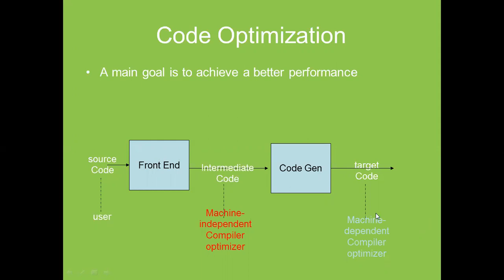Okay, and at the end, why are we saying this is machine dependent? Because it gives as an output the form of 1001, the language which the computer can understand. So here we can say first we will apply as an input the source code or the source program. Then this is the front end where we will use the different types of analysis. Okay, syntax analysis, semantic analysis, lexical analysis, and after that we will get the intermediate code, and then code generator, then target code.